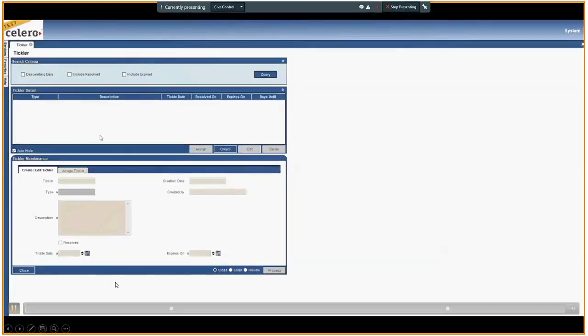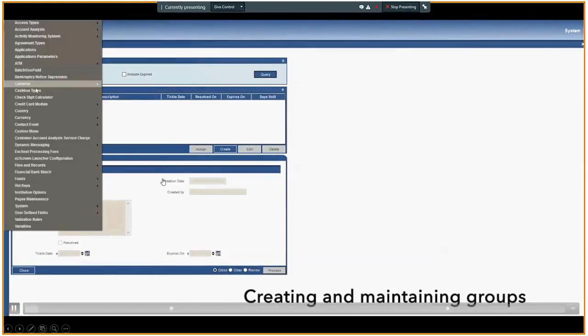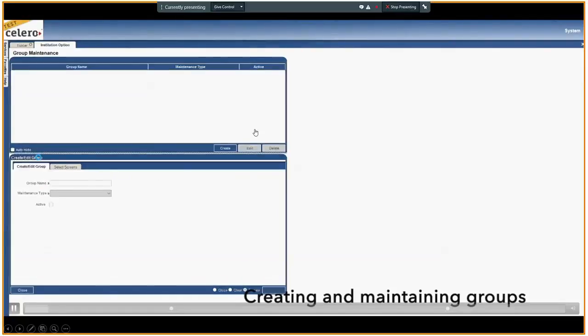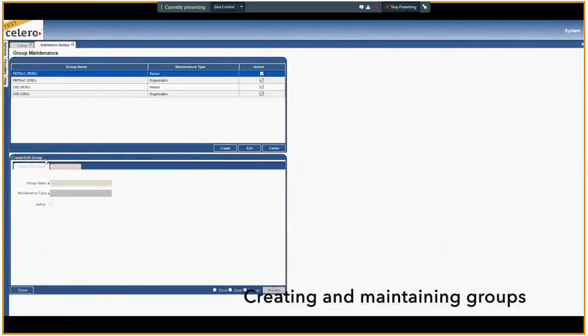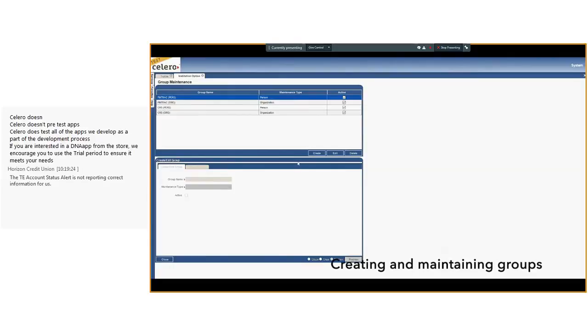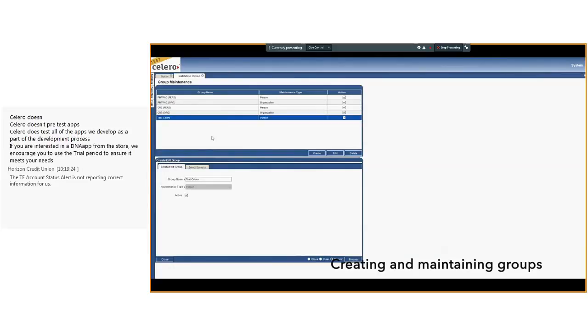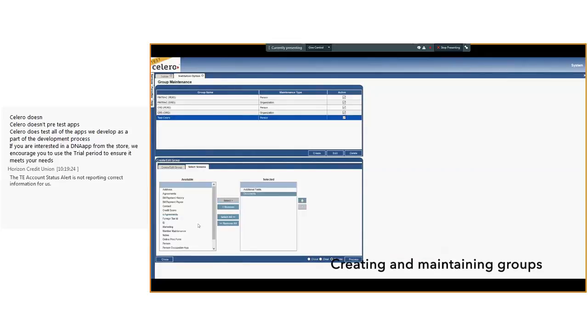So on the screen here, I'll display a quick demo. First, showing you how the maintenance screens work. So your institution will have the access to create your own workflows. It's done by going to the institutional options and navigating to the group maintenance screen. From here, you're able to select a group name and also to select if the group maintenance is for a person or an organization. Here, I've created a test person workflow, and I'm able to add available screens into the